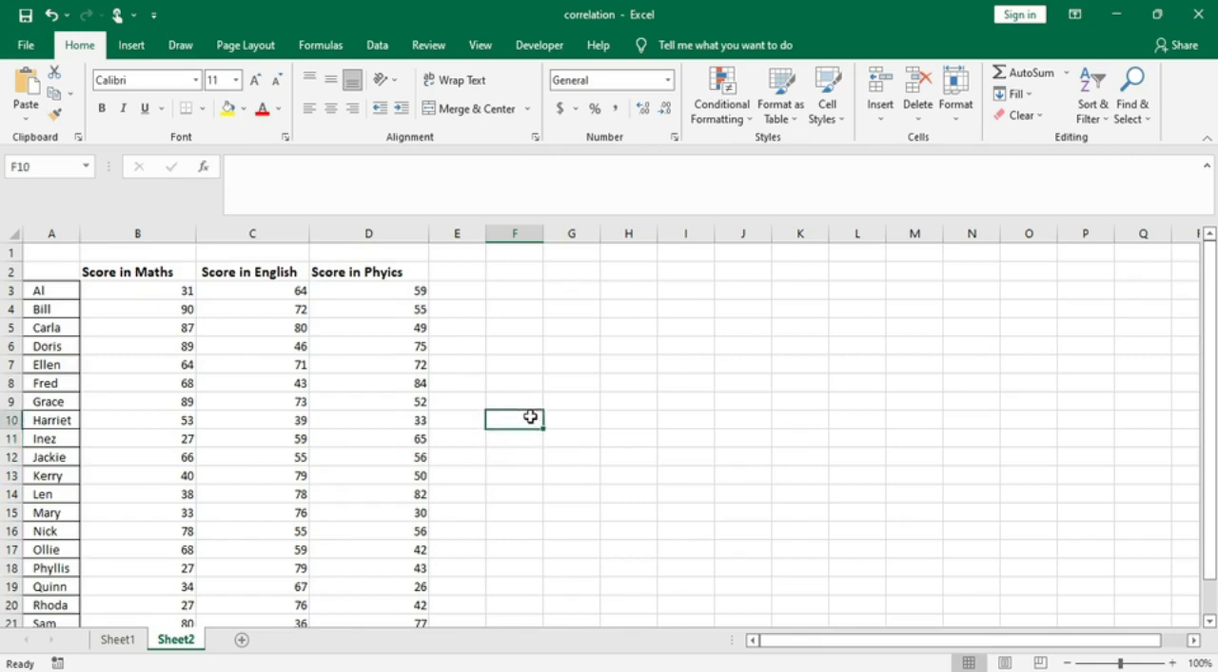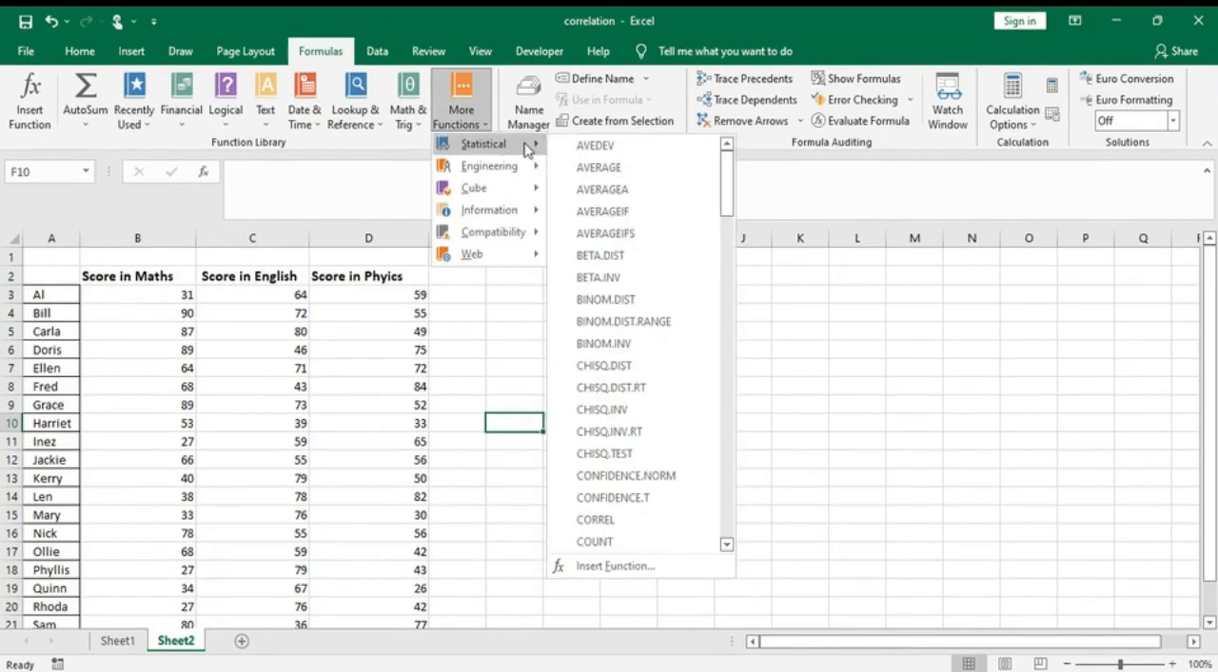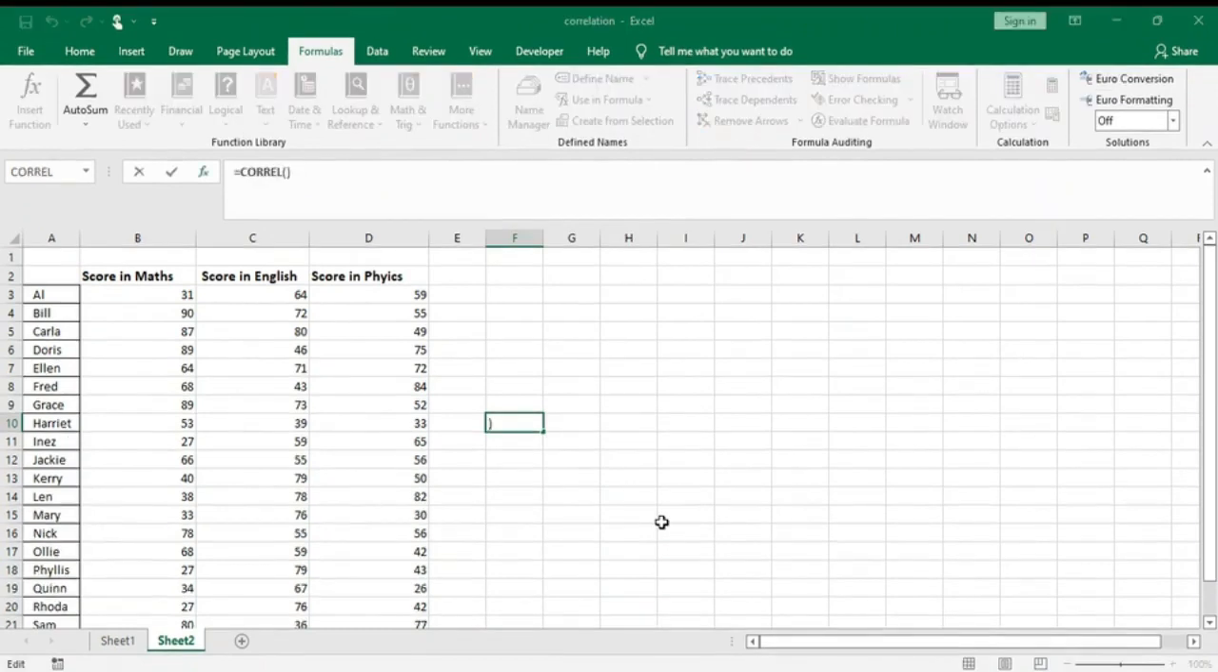But let's continue. The first method is going to be our formula method: more functions, statistical. Remember when we were using this, it's called Correl. In this formula, it returns the correlation between two data sets. Array 1 is a cell range of values. The values must be numbers, names, arrays, or references that contain numbers. So let's pick this. Let's say we want to find the correlation of this,